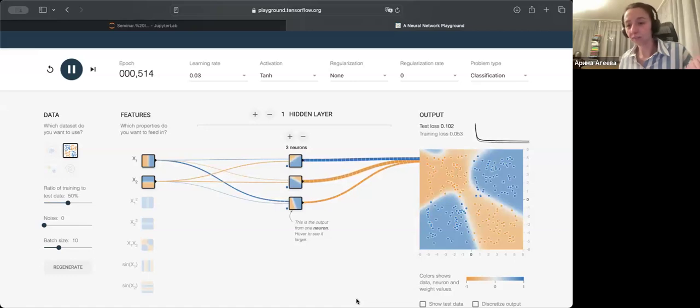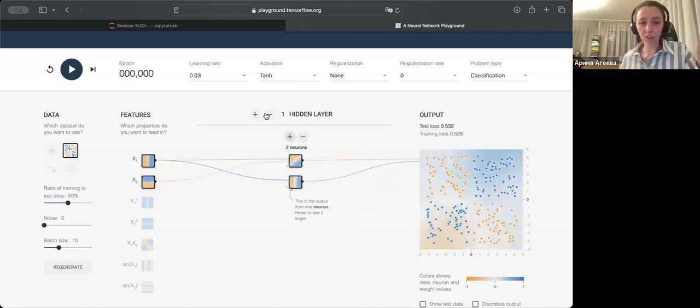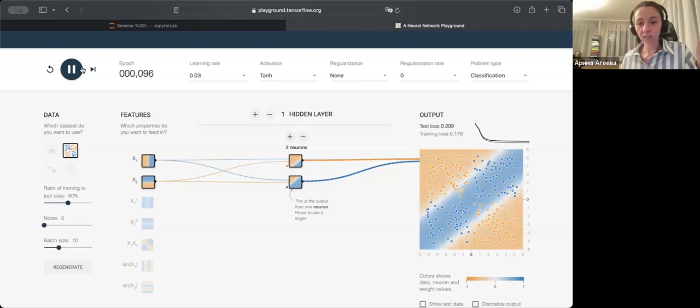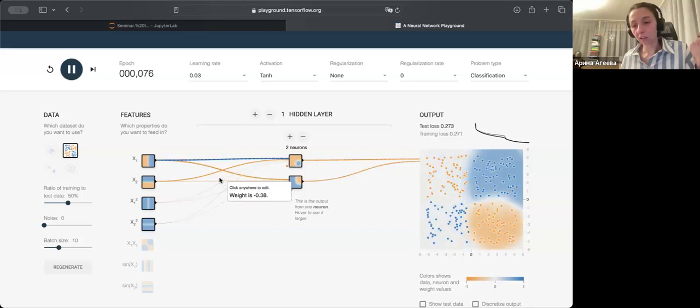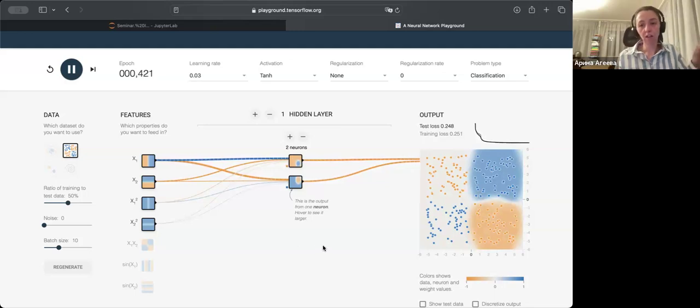And we see that we don't have a great result. Yeah, we can try to reduce. But for example, if we add some non-linear features, we can split data in this task maybe better. So yeah,